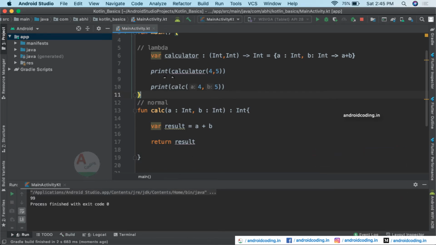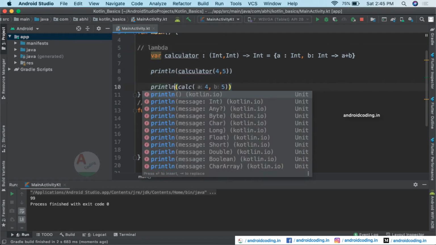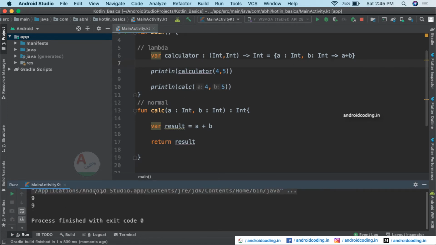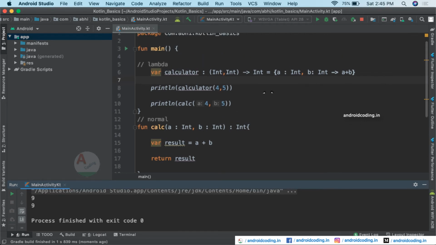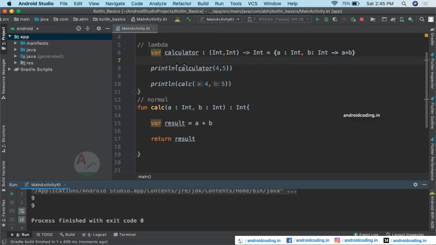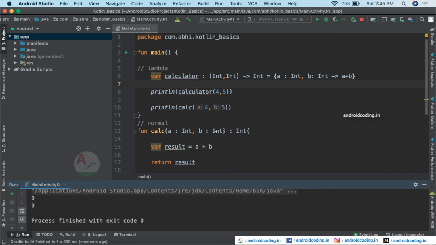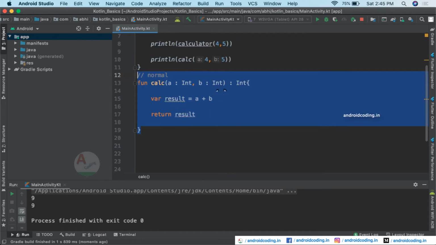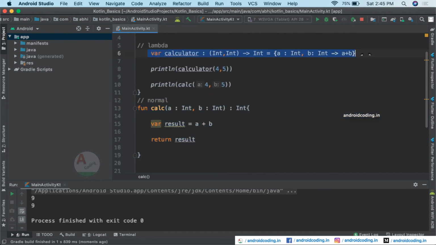And also one more thing, we need to make it println here, so that it will print our result in the next line. Here you can see it is coming side by side. So yes, 9 and 9, 4 comma 5. So I think you got a better understanding now of how to use a normal function, and also how to convert that normal function into a lambda expression based function. It's very much simpler when you compare. Here we have 3 lines of code, and here you can see it's only a single line.